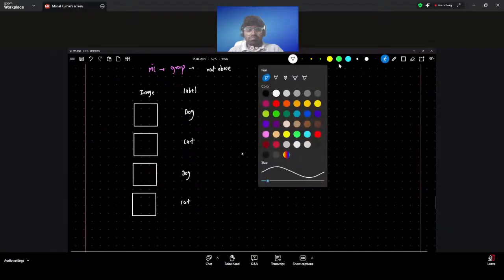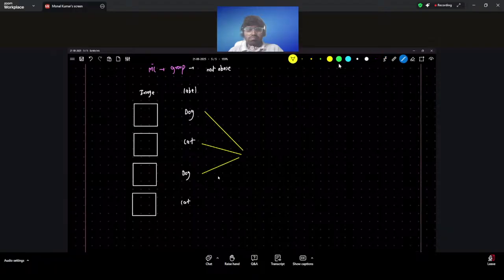I am taking all of this data and sending it to machine learning. So I am passing the image and the answer for the image. This kind of learning is called supervised learning.